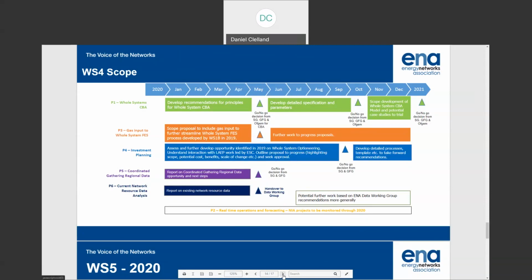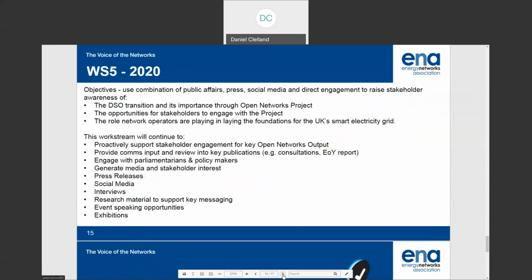And that is a bit of a whistle-stop tour through all of our development work. Workstream 5, as Nigel and I explained earlier, is about communication and stakeholder engagement. So we'll continue to ensure that we are effectively communicating our work through Workstream 5. But it's not a content generator in Workstream 5. It's very important for us to ensure that we get our messages across well, but it's the messages associated with the development work that has preceded it.